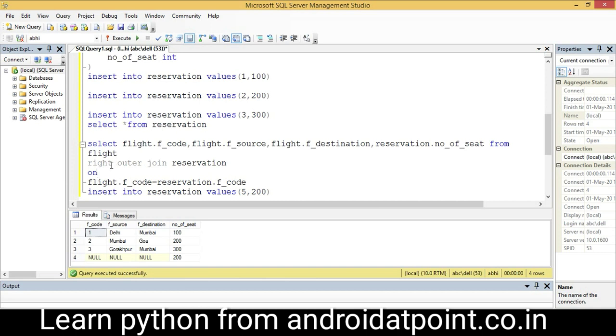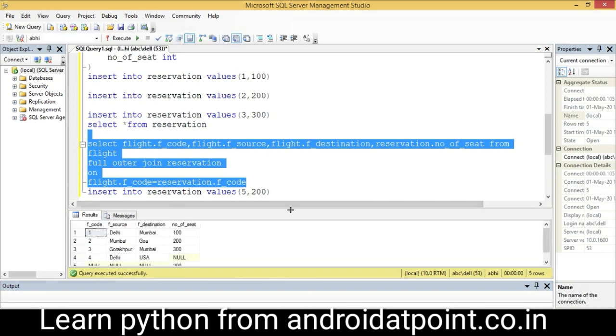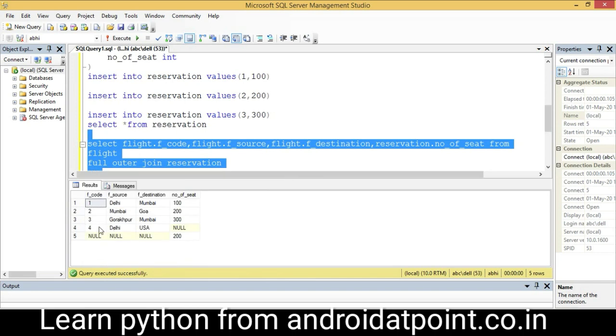And you can also use the full outer join. Just write full here and select it. It is the mix of the right and left joins. Look here, the fourth flight code does not match the reservation table flight code, so it places a null.